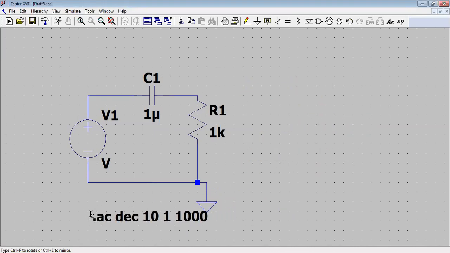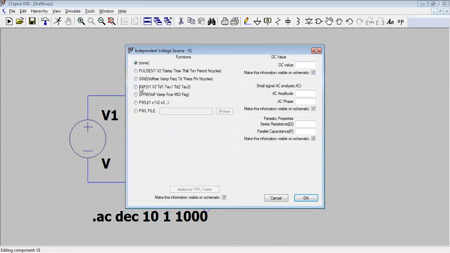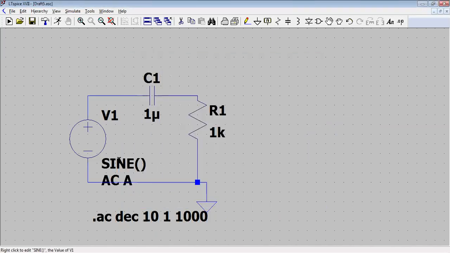Okay, in the below, let me put this value also. Go to the advanced, you can go to the sine wave. The frequency doesn't matter, the AC amplitude. So let me write this a. So you can write something. This is a sine wave with an a. So I don't think it will create any issue.